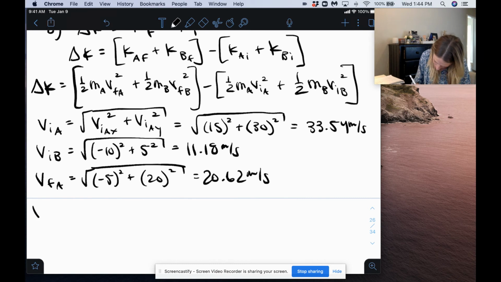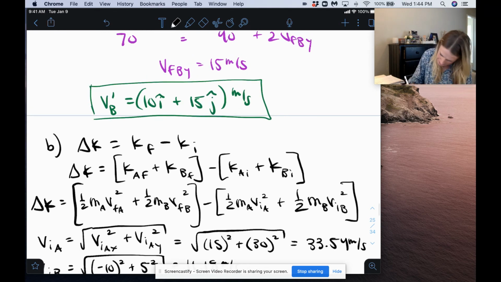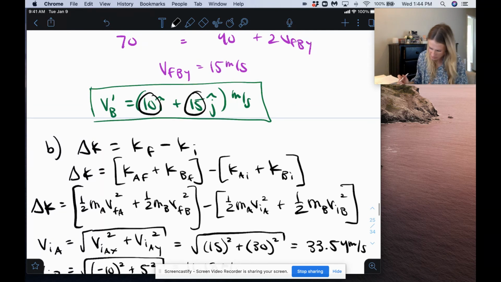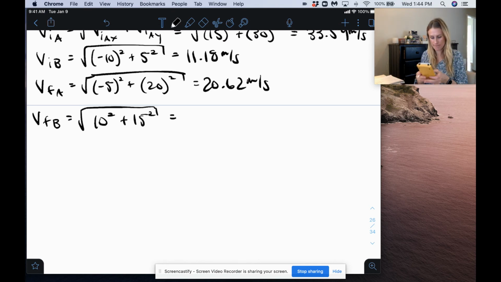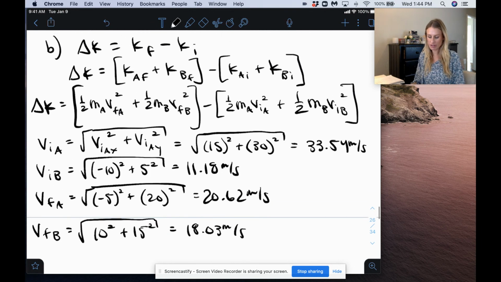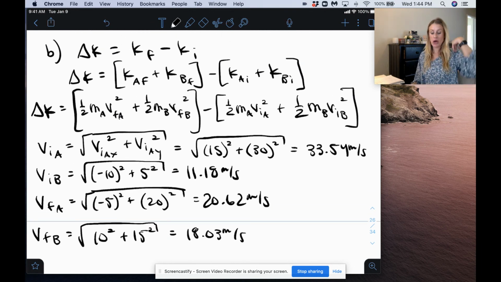And last but not least, we get final velocity of B, which we actually solved, will be square root of 10 squared plus 15 squared, which is 18.03. All right, now that we have all of our resolved velocity vectors, we can then plug it into our change in kinetic energy